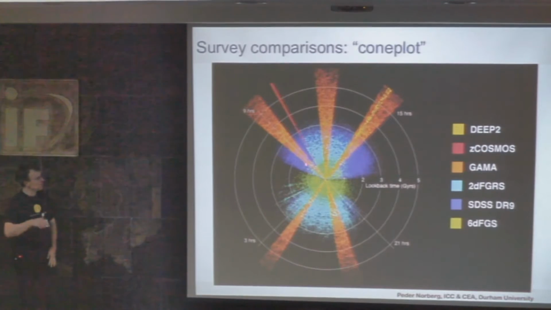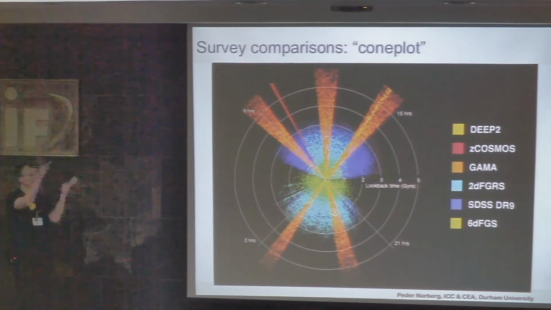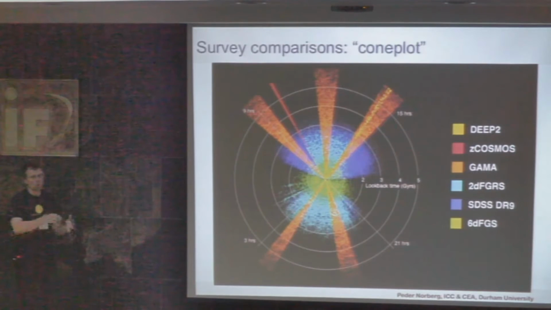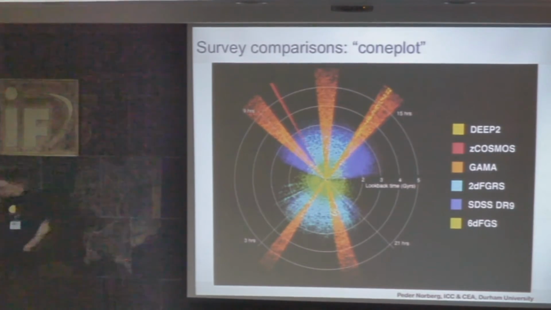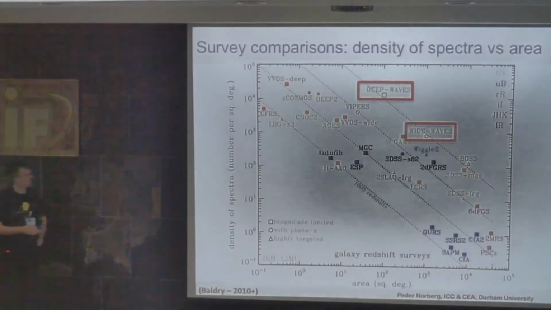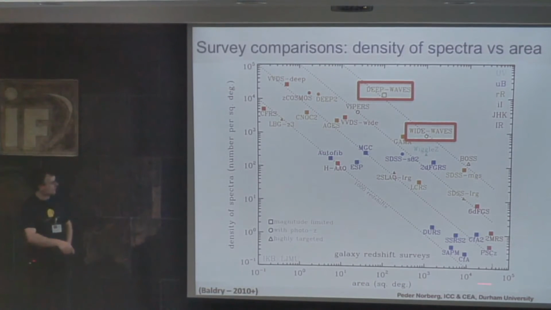So in these plots, again, this is RA, and the declination has been plotted for the hemisphere. In the center, this one here is SDSS DR9, the blue one there. So it gives you an idea of where these surveys are, and this is a good plot to actually compare surveys in terms of the density of spectra and the area of them. You have the surveys which are lining up on these lines of 1,000 redshifts, and you have the million redshift surveys out here.